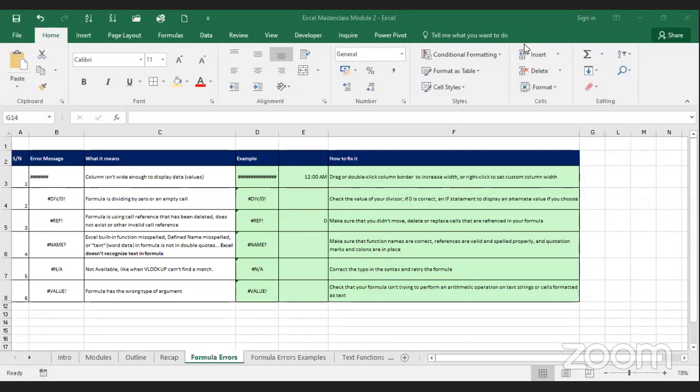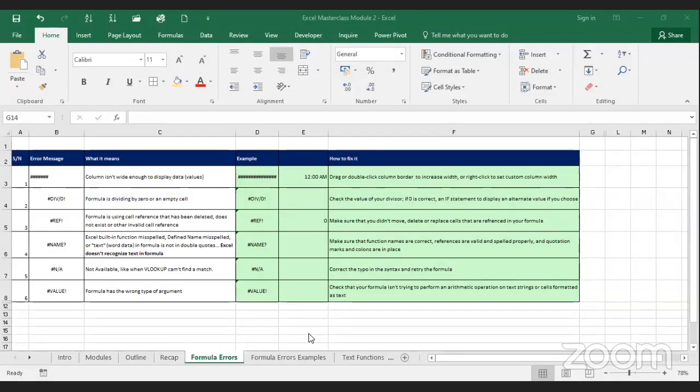Okay, all right. So we have hashtag errors. If you are conversant with Excel, you probably would have seen this type of error before, and so it's very easy to fix. But what does it mean? It means that the column for your data is not wide enough. It's just as simple as that. Okay, so how do you fix it? One major thing that you do, but probably in two or many other ways, is to actually extend